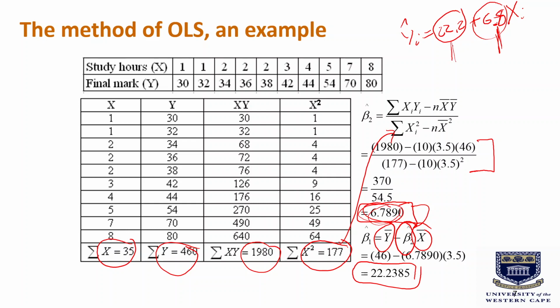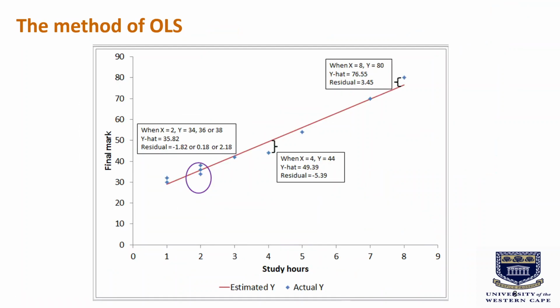The intercept parameter we interpret as follows. If x is 0, then y, the expected value of y on average, is 22.2. So again, in the context of the data that we have, if a student does not study at all, on average, we would expect them to obtain a final mark of 22.2. And graphically, this is what our regression model looks like. So the blue diamonds are all of the data points, the joint values of x and y, and the red line is our regression function, our SRF,